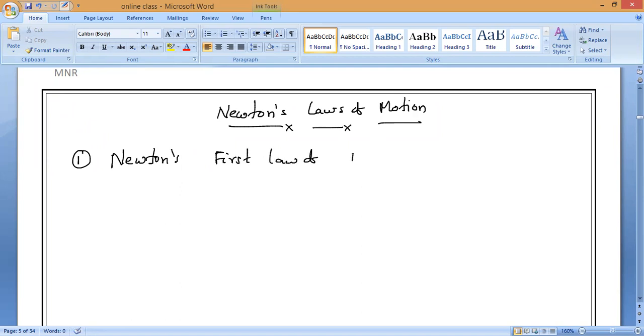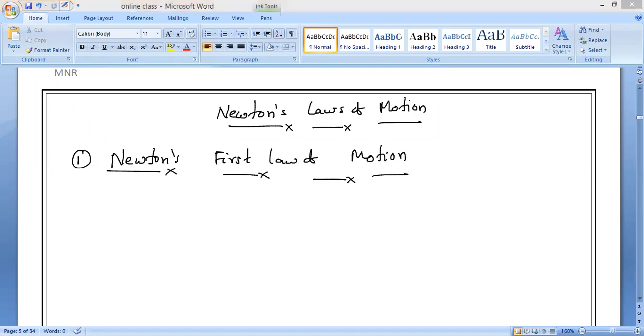Newton's first law of motion. Now, actually, Newton got the idea and made this concept, Newton's first law of motion, from Galileo's conclusions only. That is what I'm asking. Can anybody give Galileo's conclusion? What is the final conclusion made by Galileo, which we studied in the last class? Please try to communicate and answer. Anyone, please? Girls? Yes, please. No issues, you can speak.